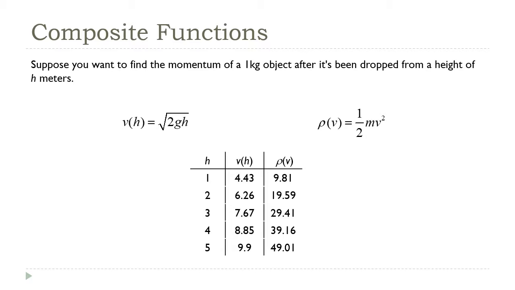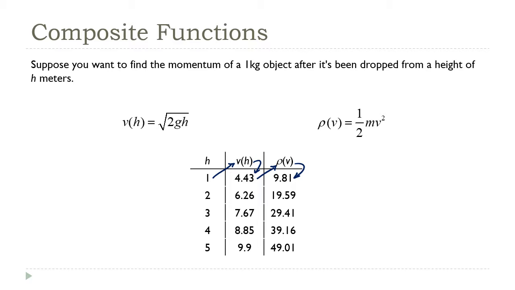The fewer steps, the faster the program, and the fewer steps, the less likelihood there's going to be an error. So here's what I'm going to do. I've been doing this with numbers: 1 goes into the first formula, a number comes out, that number goes into the second formula, and the final number comes out. Well, what if